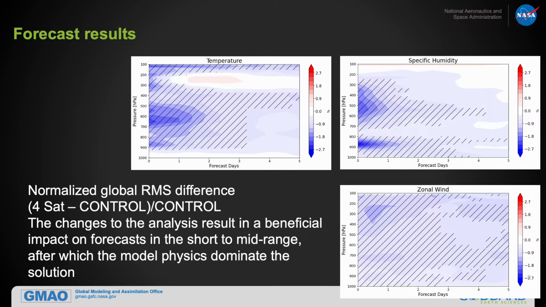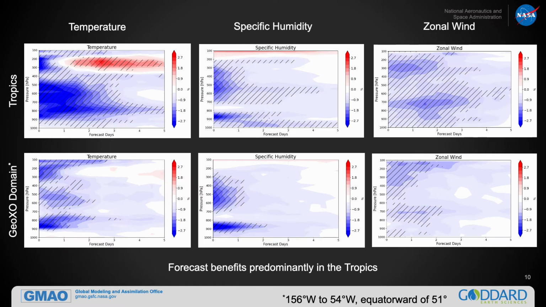to dominate the solution. The forecast improvements dominate in the tropics, computed here as equatorward of 20 degrees, which is consistent with the larger number of observations near the equator from these geostationary instruments. Statistically significant improvements extend beyond 3 days, with the exception of the upper tropospheric temperature, which has an improvement for the first day before model differences between the data assimilation system and the nature run dominate the solution.